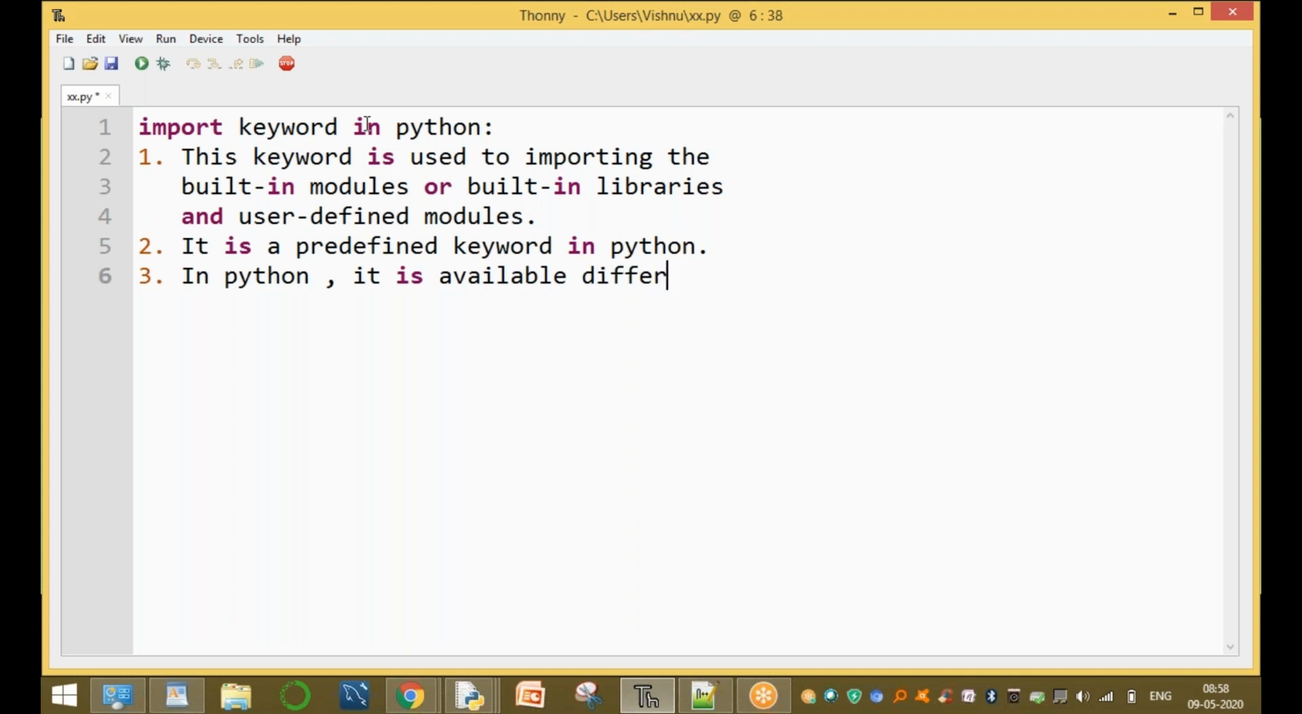It is available in different formats, different syntaxes. These are the syntaxes of the import statement. I will explain each and every syntax with an example. The first syntax is...